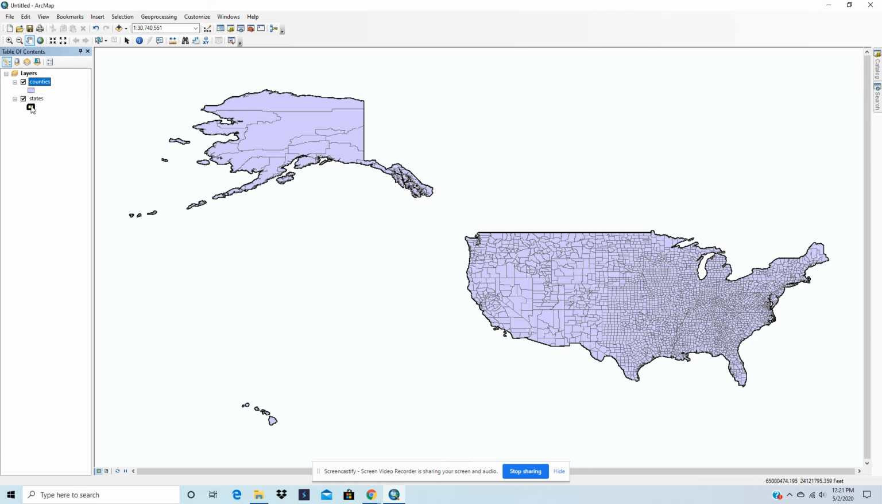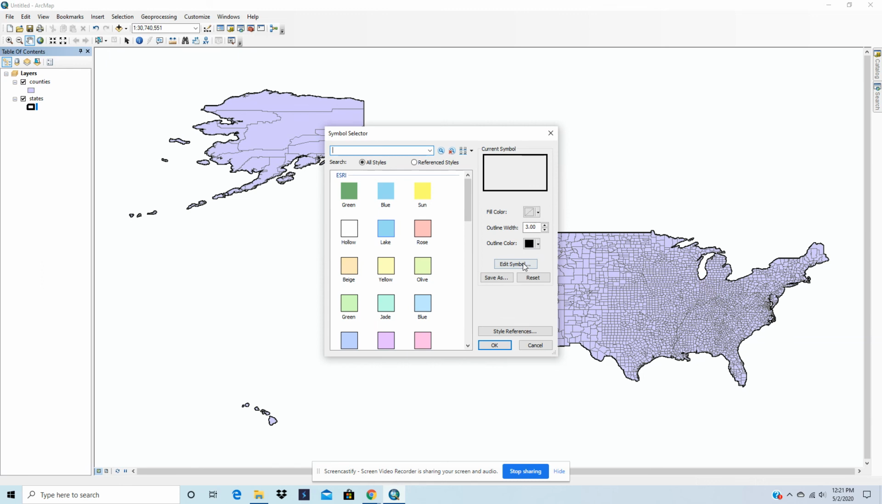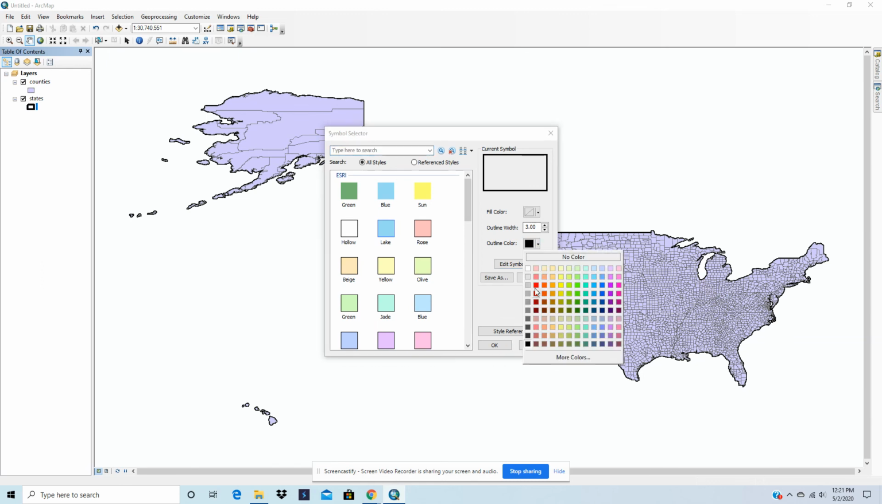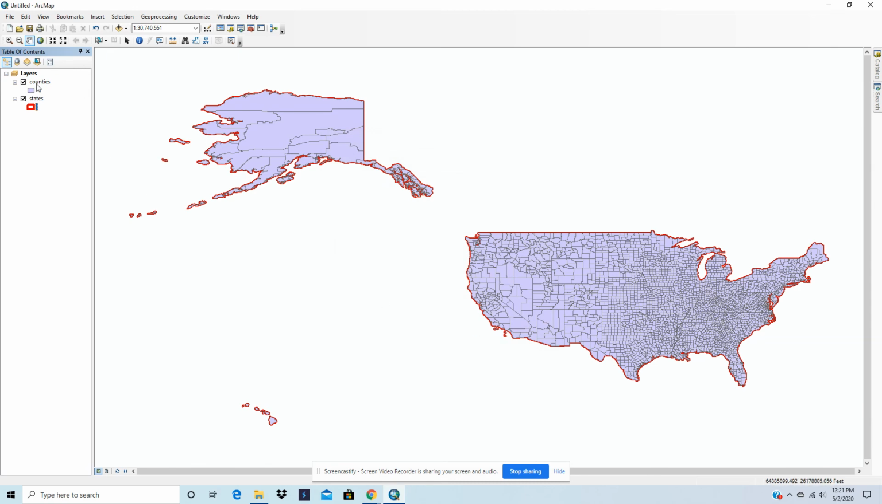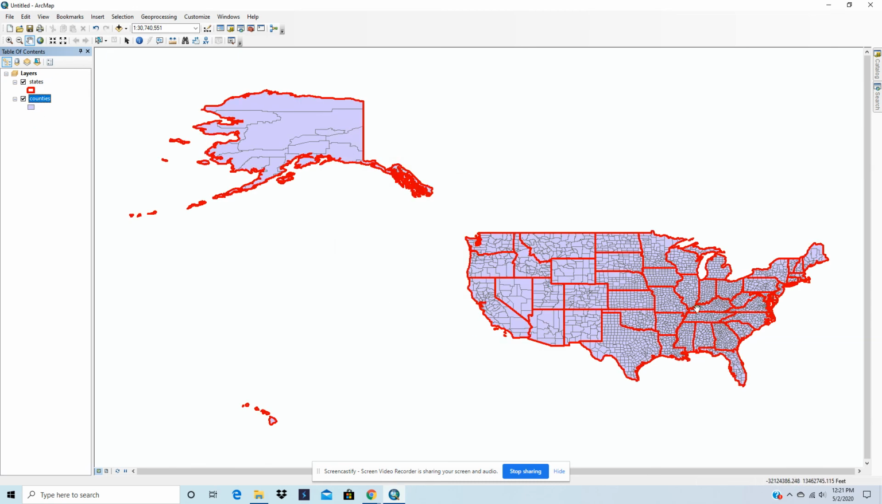Probably with the states, I will probably make them no color, and then make the outline maybe red and make that stand out. So in other words, now I can bring the counties below and you can see through it. So that's our first way to get started. So now we've got our data, and then I'll be able to pick up, and we can actually maybe just export the